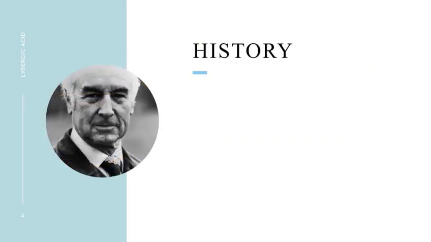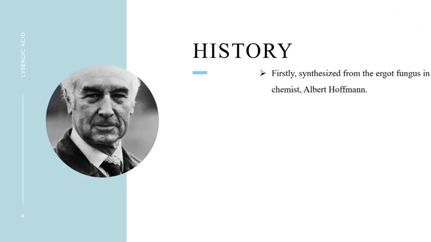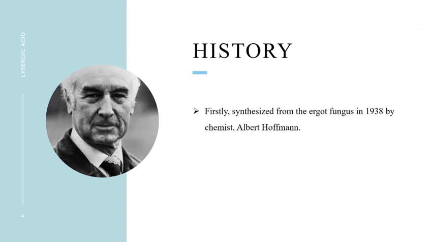The ergot fungus contains a number of highly poisonous and psychoactive alkaloids, including lysergic acid, LSD, which was synthesized from the ergot fungus in 1938 by chemist Albert Hofmann. In 1938, Swiss chemist Albert Hofmann synthesized the chemical lysergic acid diethylamide while working for Sandoz Chemical. He was looking for a stimulant for blood circulation. It turned out not to be the circulatory stimulant he wanted, and so he set the formula aside for the